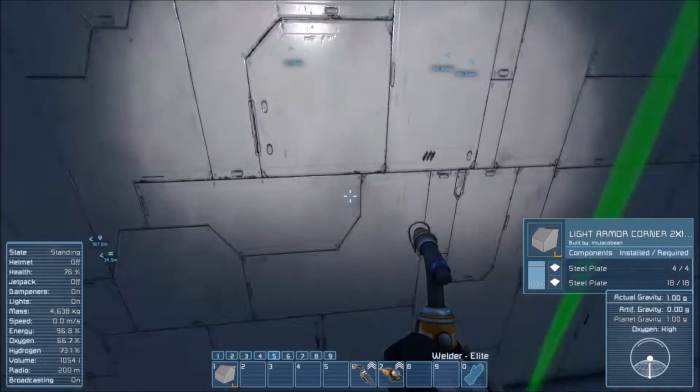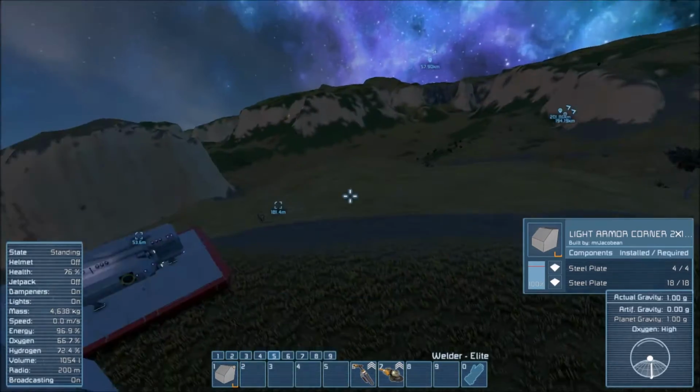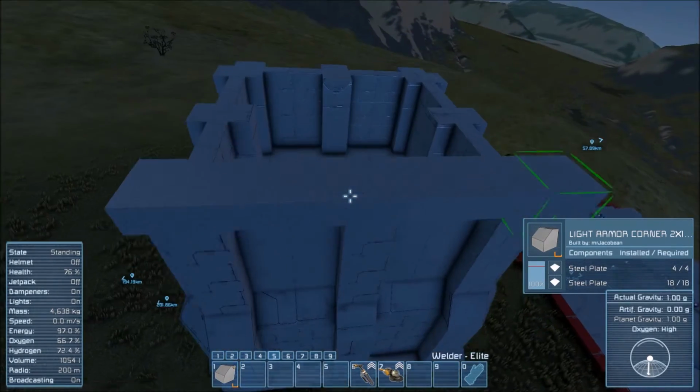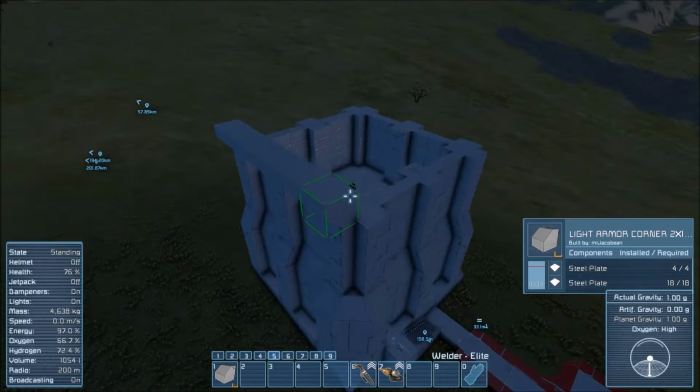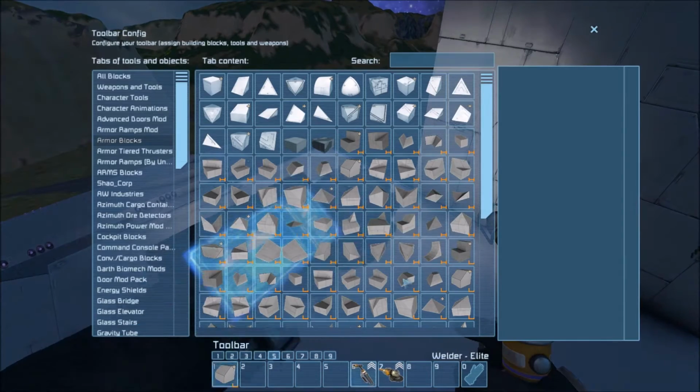Okay. So that should look something like that. Something like this. Yeah? Now we have to deal with the edges, so let's go get...